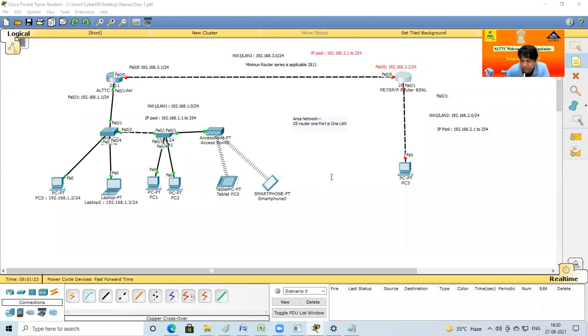So my question is that in the morning, the allotment of IP on this router was already done as per the information received from your side. But now the question is, have you been allotted IP from the ISP router? Yes or no? Please message. Have you done the allotment of IP at this location? Am I audible? Yes, okay. So what is the allotment of IP for 0/1 in this case, and what is the allotment of IP for 0/0? Please write the message.